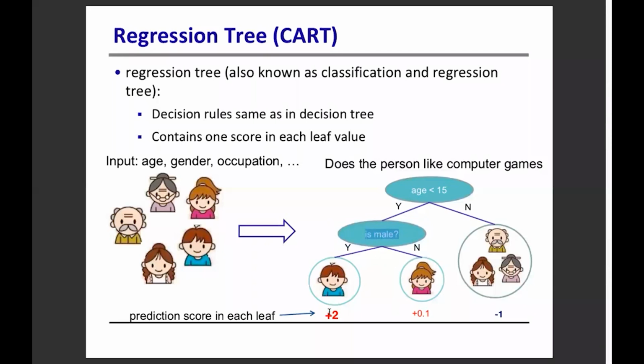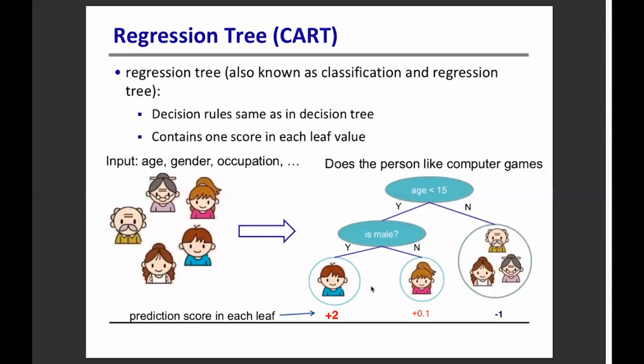Okay, if the gender is male, then the prediction score in each leaf is +2. Now, what's happening here is that we are coming up with a model. We're coming up with these conditions such that we can predict whether a person likes computer games. And based on the historic data, we created this tree, which behaves like